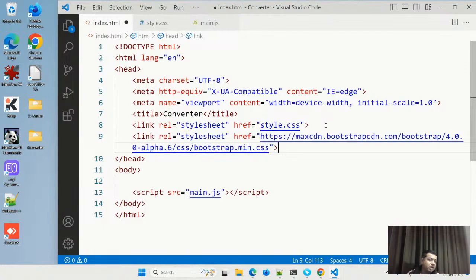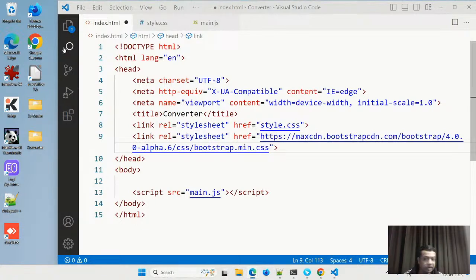Bootstrap is not even CSS. You give some hard coded classes, and it will do very good styling. I have taken Bootstrap 4, and I got the link from the internet, and I just have to give it, and then you'll see how easy it is. If I create this project also, it will become very easy. Let us create the basics of the project, then only we will implement the JavaScript.